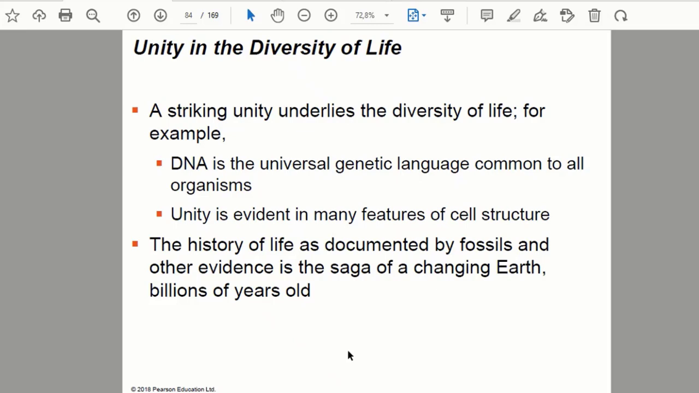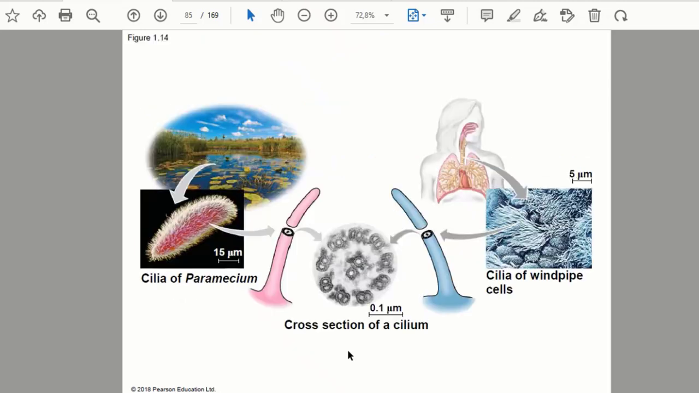Therefore, the history of life as documented by fossils, which is another concept which explains evolution, and other evidence of the changing earth, which is more or less like they can refer to billion years old, then you will see this diagram where you talk about cilia, windpipe cells, and the cross section thereof of a cilia,